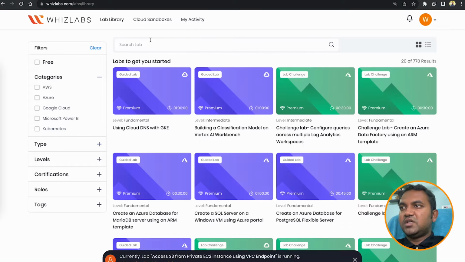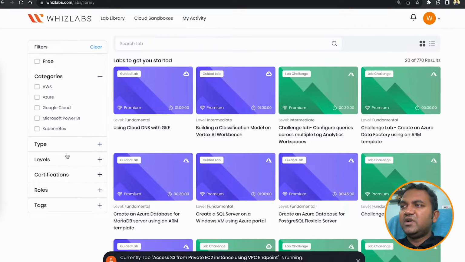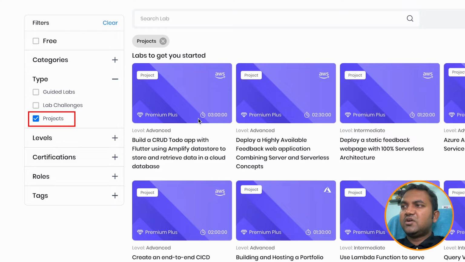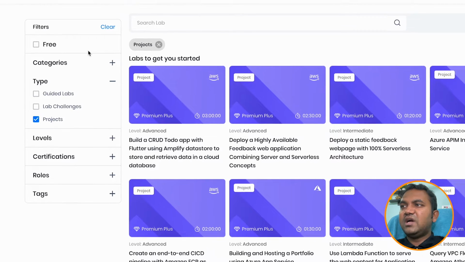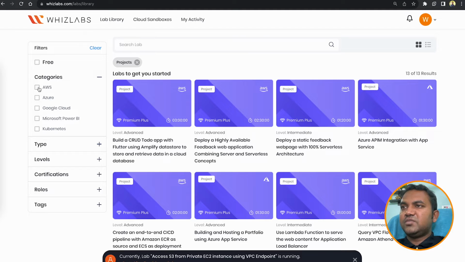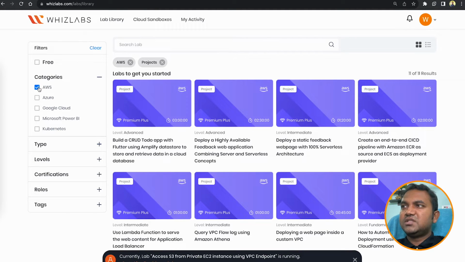Now here, as you know, all the labs that you have subscribed to are already present. Here we will be filtering with the type of project. So just click on type project, and if you have some customizations or more filters to apply, for example, you just want to see the AWS projects, then select AWS. And depending on the type of cloud provider or the product you are learning for, just click on that